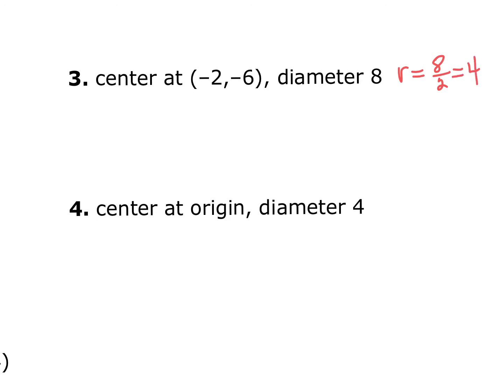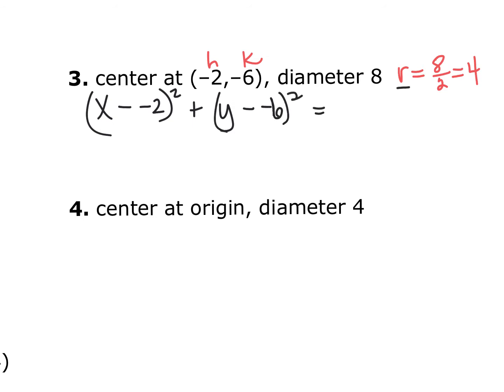So we'll substitute our (h, k) into the formula. So x minus h, so that's −2, squared, plus y minus k, which is 6, squared, equals our radius 4 squared. And we simplify, getting rid of our double negatives